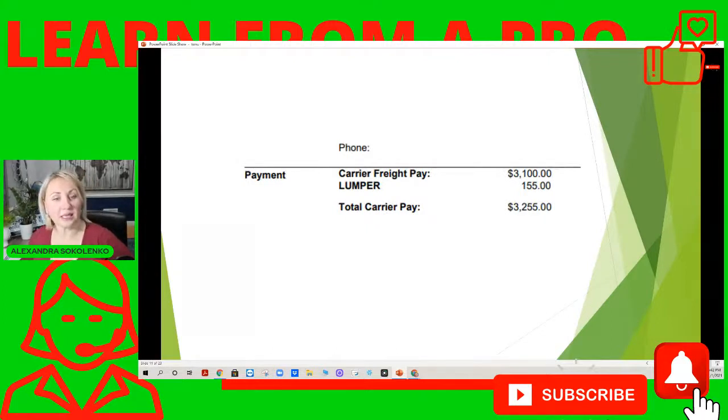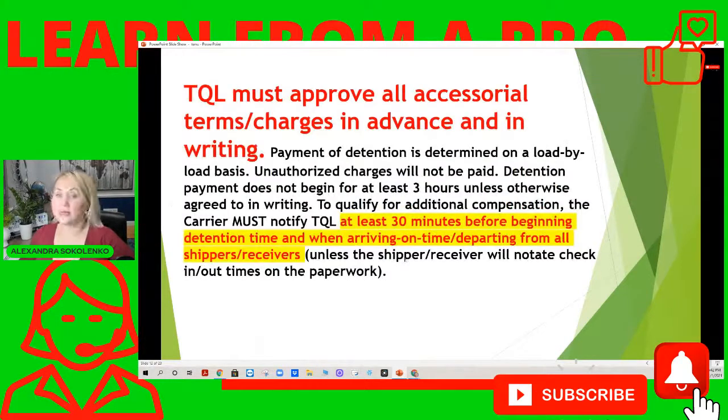Well, this is another example of a revised rate confirmation, for people who were asking what a lumper is. So in this case, the rate confirmation was $3,100. Our driver paid the lumper. I provided the PODs with a valid receipt for the lumper. And now I revise the rate confirmation with what? With payment back. Reimbursement for the lumper paid by my driver. Okay, what else?